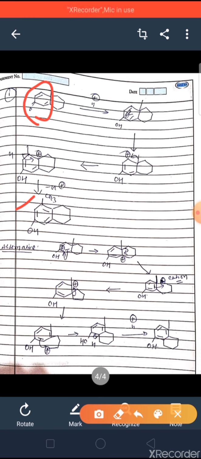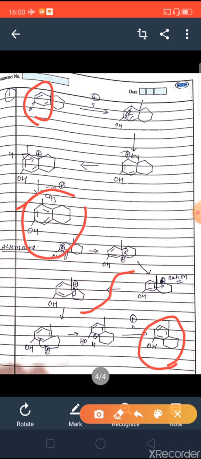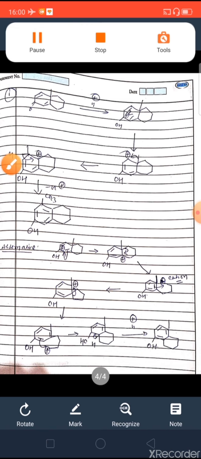This ring may particularly detach from here, and it may reattach itself to the benzene ring and will form this another benzene ring, and the connectivity is this one. So this product may also be synthesized, and this product is also synthesized in this particular reaction. So this is a case of dienone-phenol rearrangement reaction. So this is your assignment number 6. Now we will come to the assignment